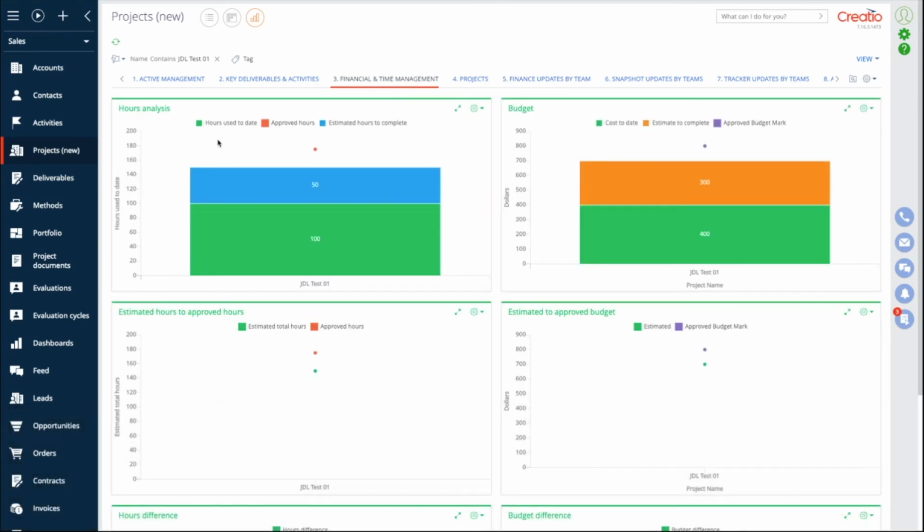What we see here is simplified, but it's based on the financial information that we were looking at. And what we see in this particular graph is how many hours have we actually consumed in the project, how many are estimated to complete, and how does it compare to that which was budgeted or approved at the outset, and as may be subsequently adjusted through the approval processes.